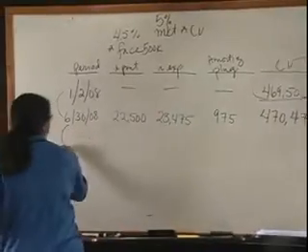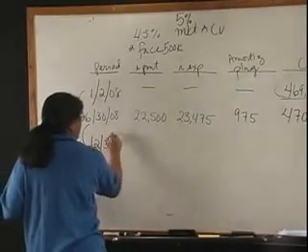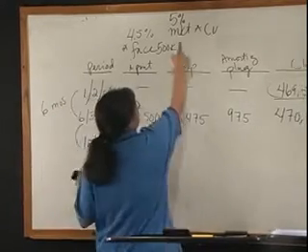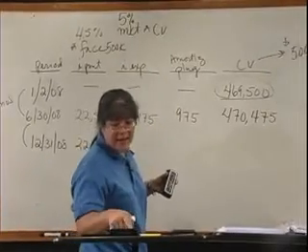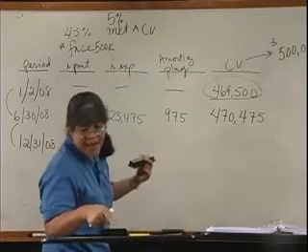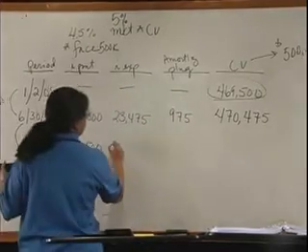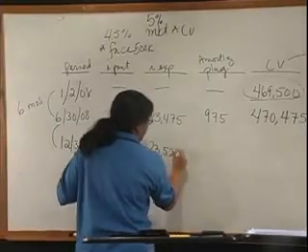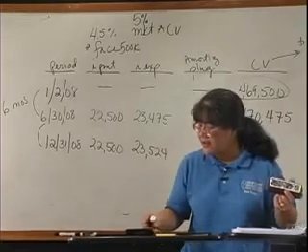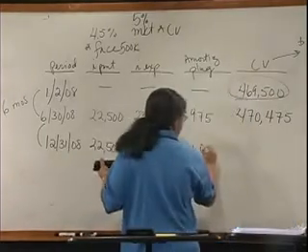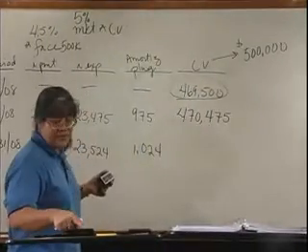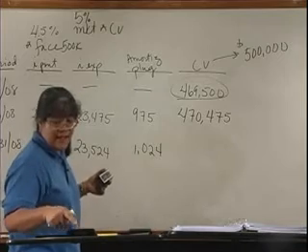Okay. Then we'll do another 6 months, 12/31/08. This is going to be exactly the same, right? The $22,500. Then the interest expense, once again, is going to be 5% times the $470,475, which is going to give me about $23,524. $23,524 minus the $22,500 is $1,024. The $1,024 I'm going to add to this. 1,024 plus the 470,475 equals